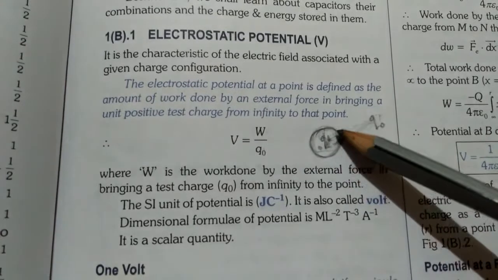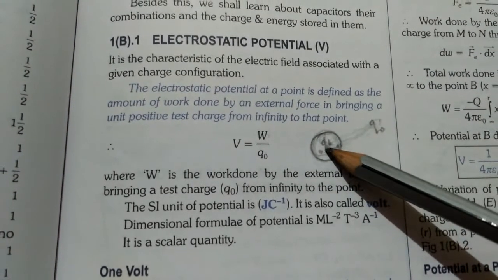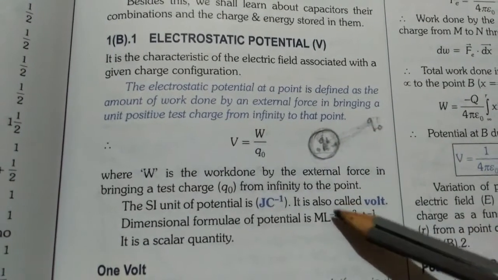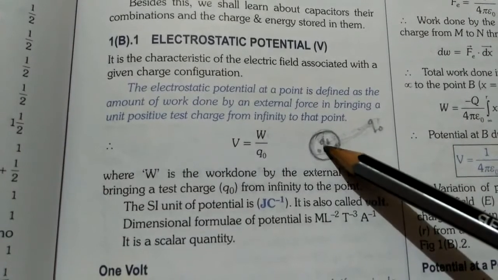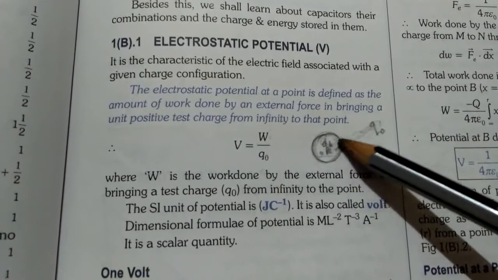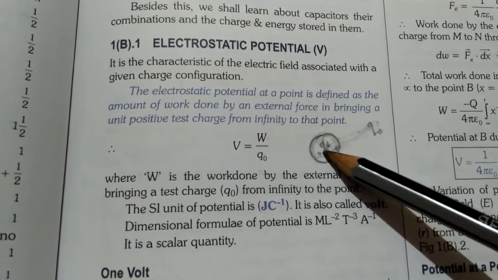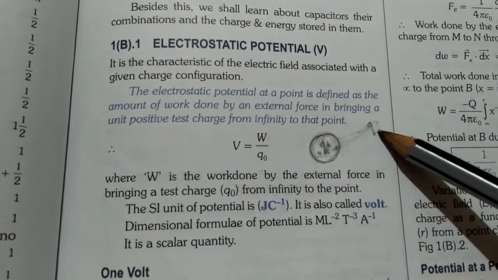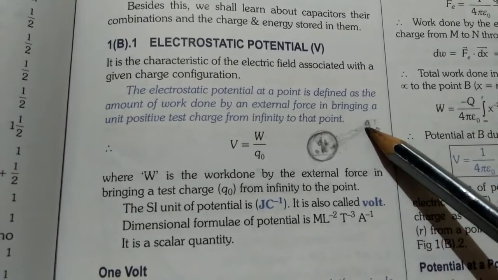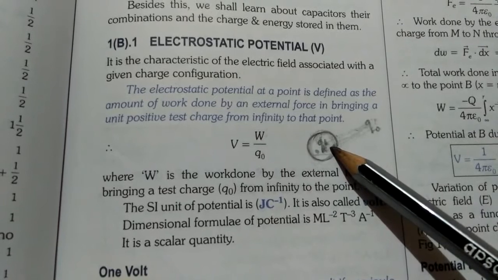So for any particle which is outside this circle, the distance between this source charge and that particle will be infinity. Why infinity? Because this particle is unable to apply force outside this circle. So anything which is outside the circle will be situated at infinity for this source charge. Now suppose we have one test charge q naught which we want to move from infinity to any point inside the electric field.